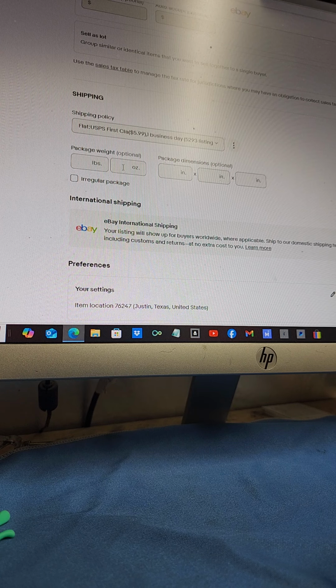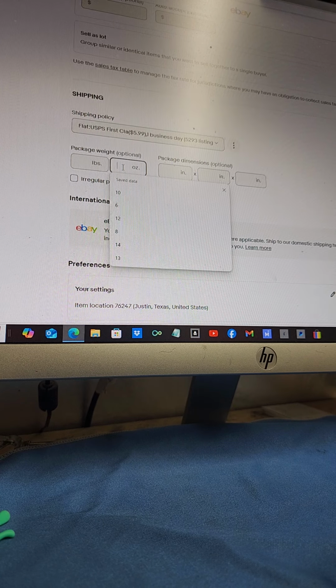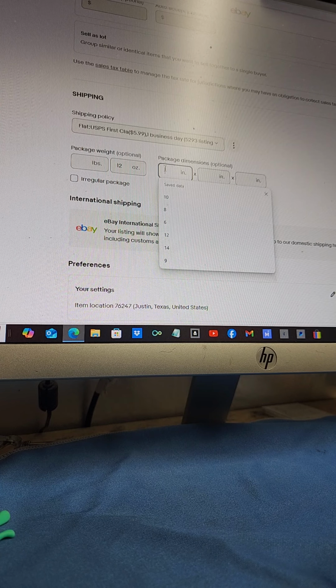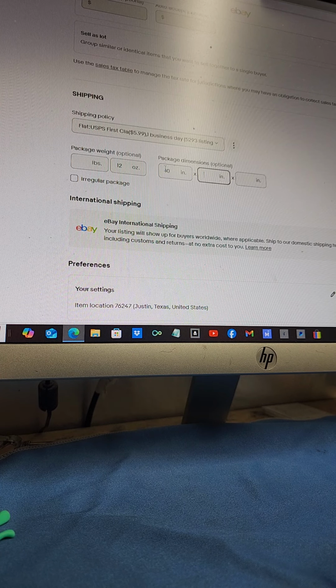That's my standard price for a short sleeve button shirt. And my sizes, I put in 12 ounces, and I put in my package size of 10 by 8 by 2. I do this because the majority of button down shirts that I sell are going to be 12 ounces and less. And when you're using eBay shipping,